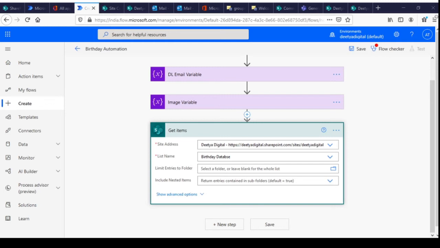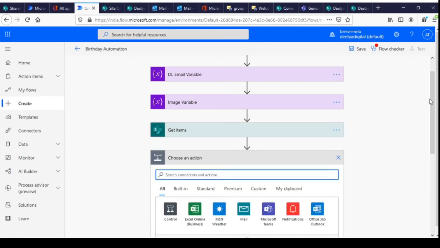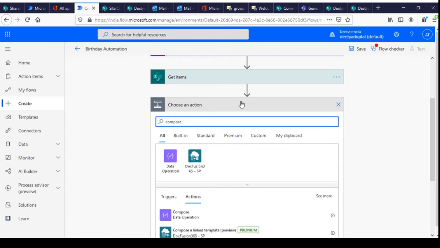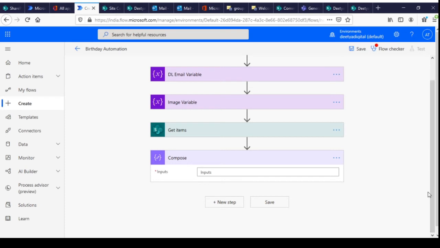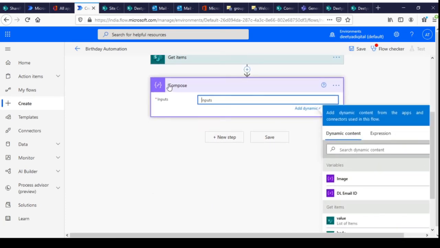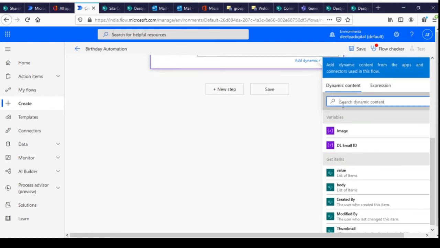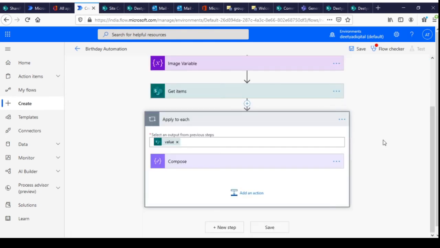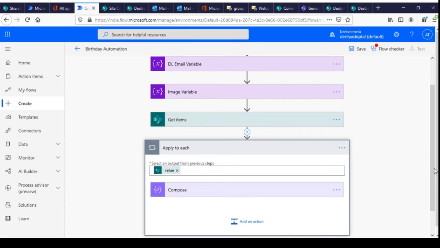Now next, what we'll do is compose. It will automatically compose each and every birthday column, and that's why it turned into a loop kind of thing, and automatically it chooses apply to each.